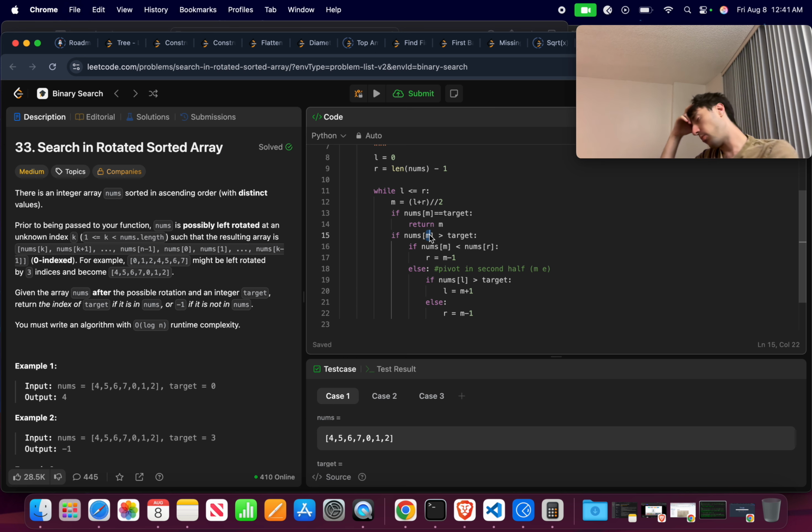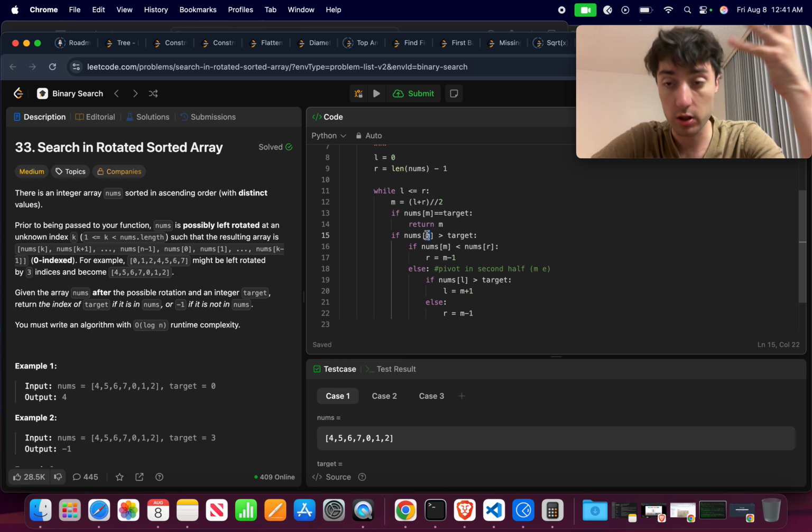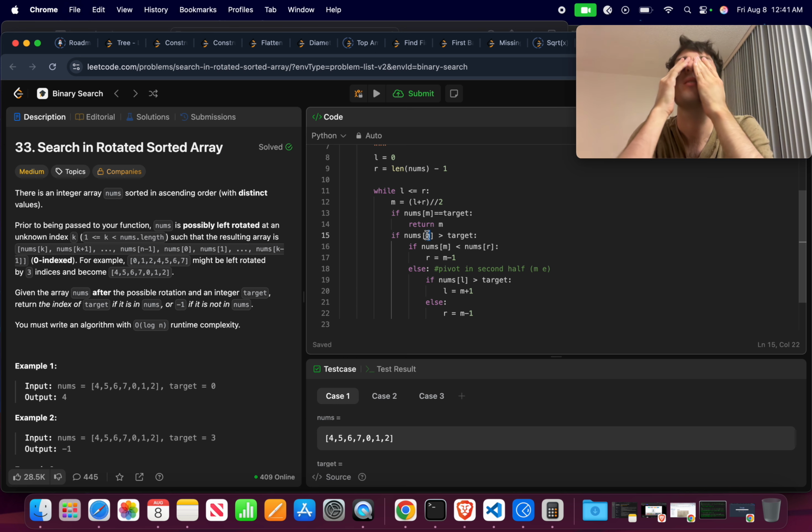I want to throw away the portion, the section, which... If mid is too big and I'm looking for target, I want to throw away the section